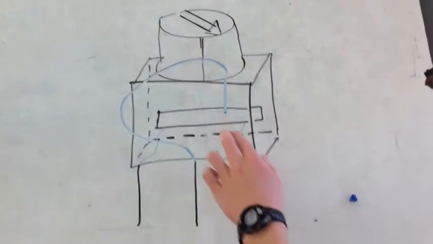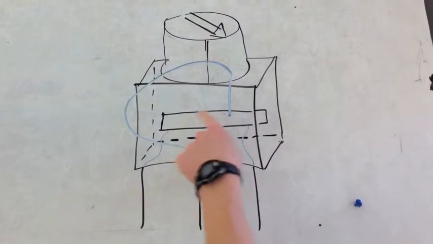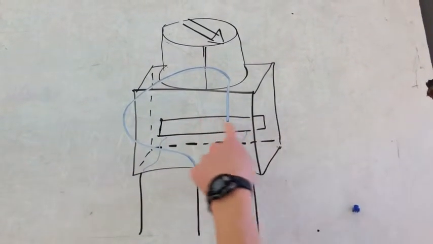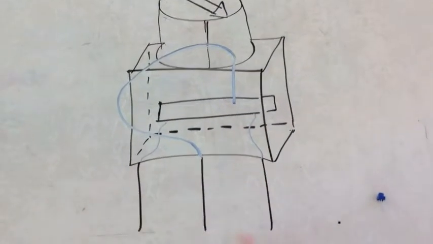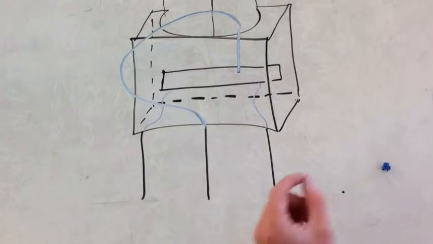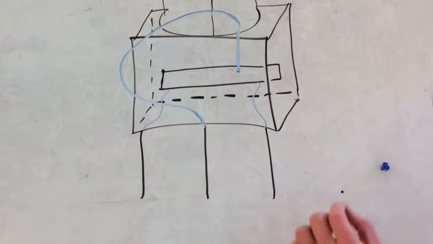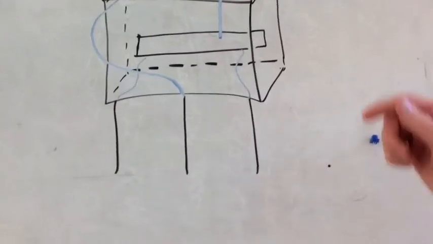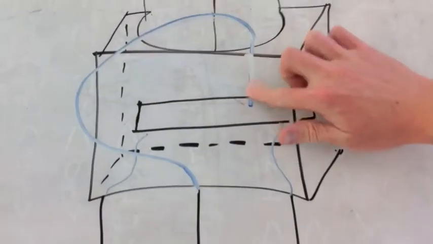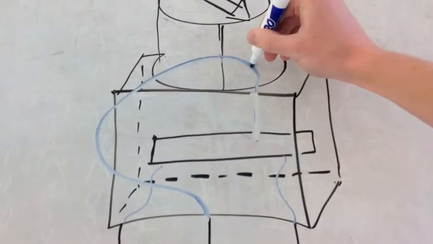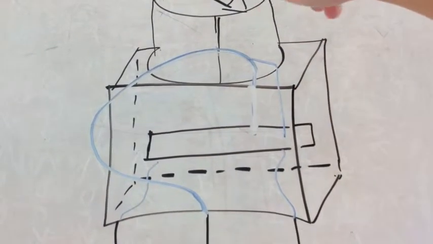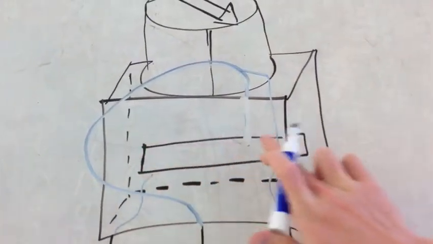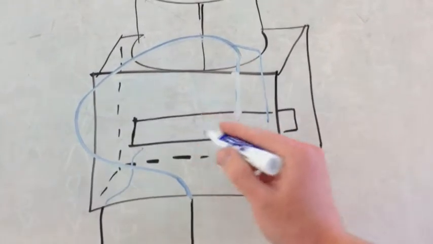What happens is, the longer the distance that the electricity has to travel through the resistive material, the more resistance the potentiometer will have, and the more V drop there will be across these 2 leads, thus changing the voltage in the circuit. So for example, if you spin this knob, this is what they call the wiper that's connected to the knob. As you spin it, this wiper will move along the resistive material,